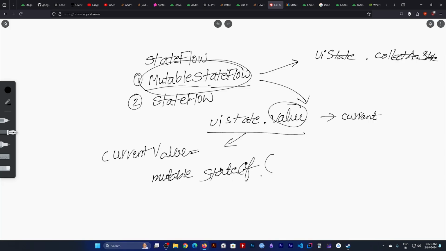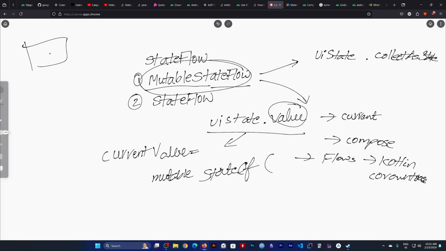This mutable state of belongs to Compose, I believe, but flows belong to Kotlin coroutines, which we aren't familiar with as of right now. But one huge advantage with flows is that